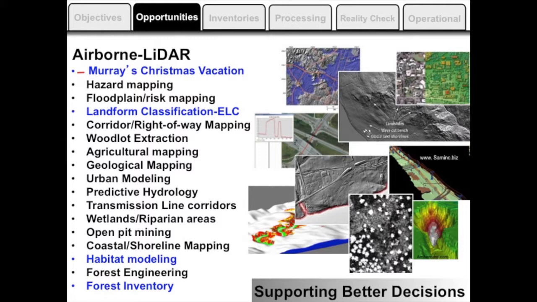Then I'm going to talk about the landform classification effort that we're trying to do. We have an ecological land classification in Ontario, and we're trying to see how we can leverage the LiDAR data and that high-resolution digital elevation model to provide predictive ecological land classification maps to aid our interpreters as they do their soft copy interpretation for their FRI stand delineation.